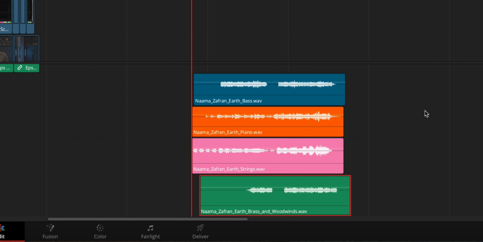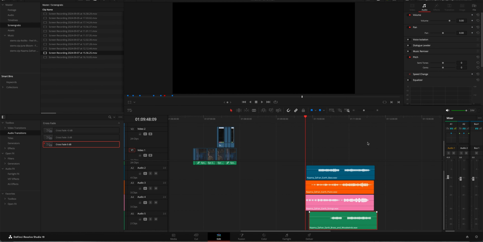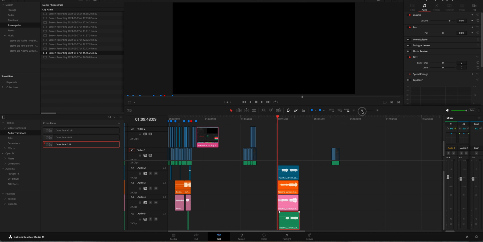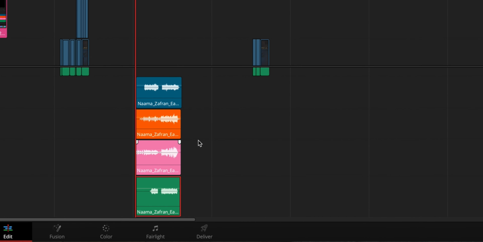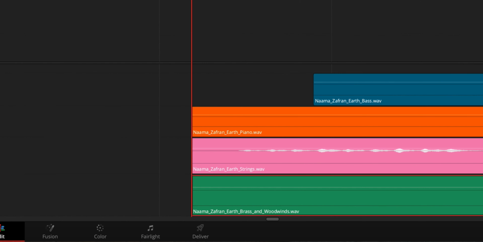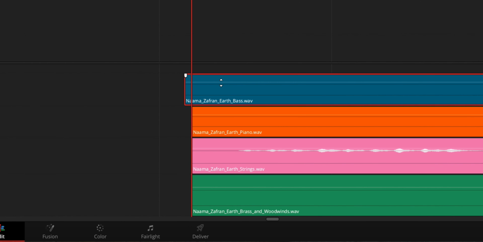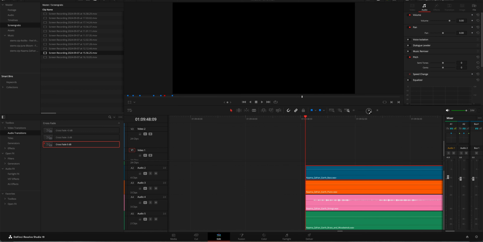I have put 4 instruments, 4 stems: 1 bass, 1 piano, 1 strings, and 1 brass and woodwinds. When you zoom out a bit, it might be difficult to see if they're lined up or not. So make sure that you zoom all the way in and that the stems are lined up perfectly. If not, it's going to sound bad. If we have a listen here,